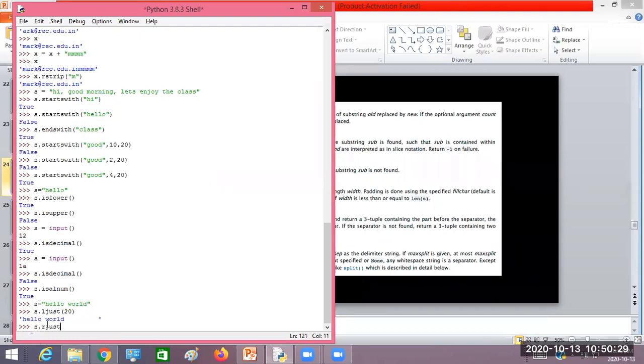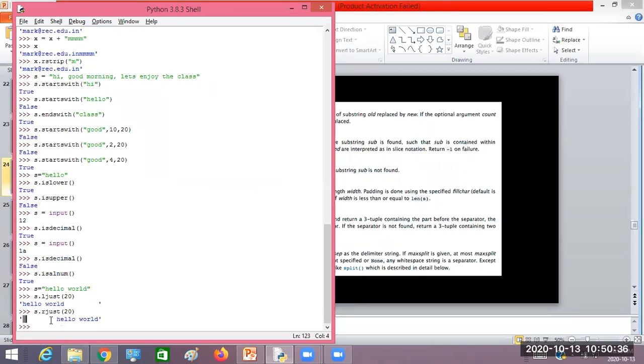Similarly, you can go for rjust of 20. If I execute this, look, from the starting position on the left side it has left some spaces and then it has taken hello world on the right extreme end. Like I was telling you, yours obediently has to come on the right side of the page. For that you can use this one. Are you getting it? And for the center of the content, something like that.